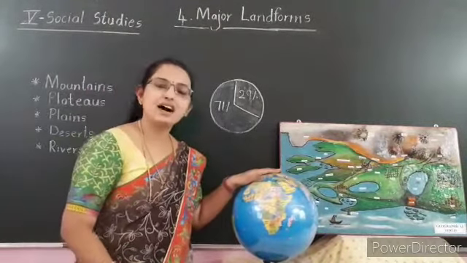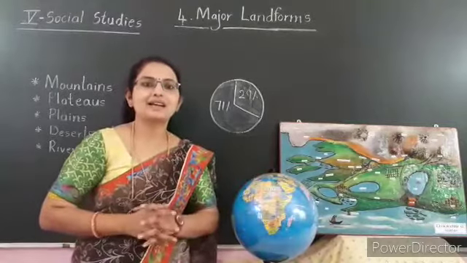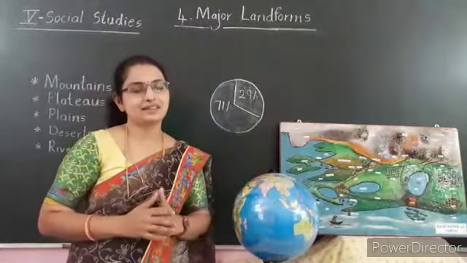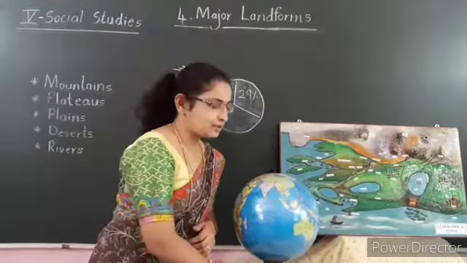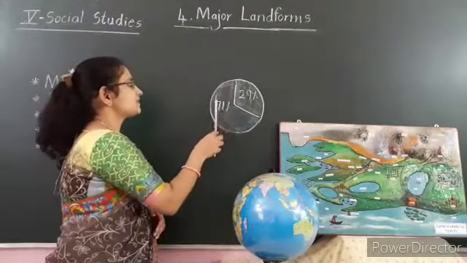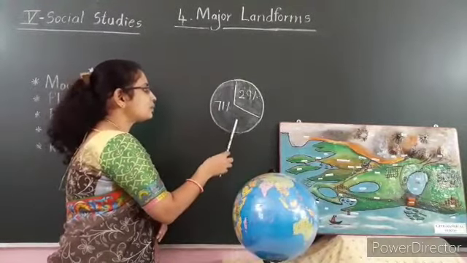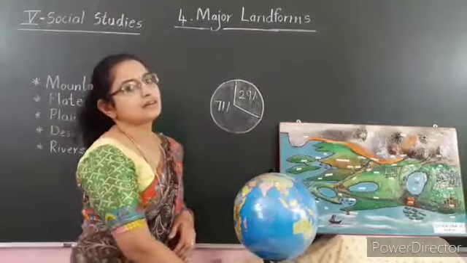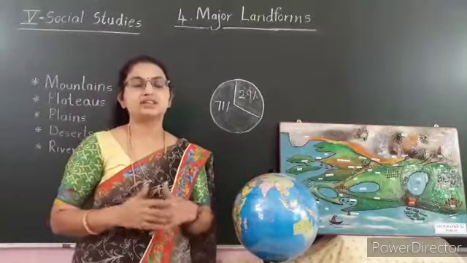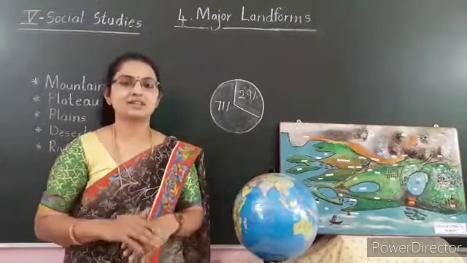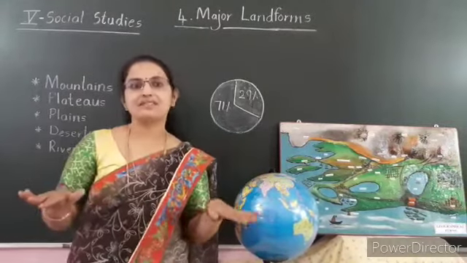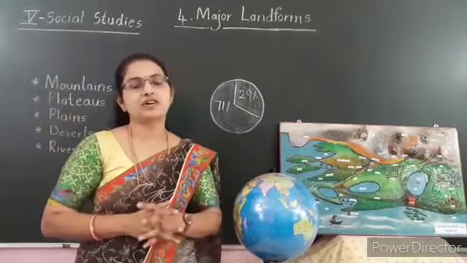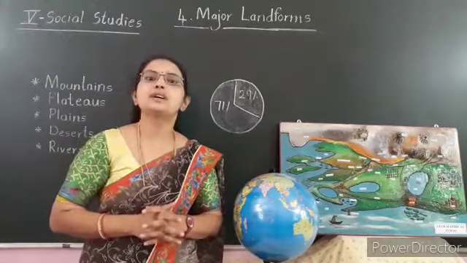Our planet is Earth. Our planet is also called the blue planet. Why? Because around 71% of the Earth's surface is covered by water and 29% by land. The surface of the Earth is not the same everywhere. Some parts are flat and level, while others are raised. Many different landforms we can see on the Earth's surface,